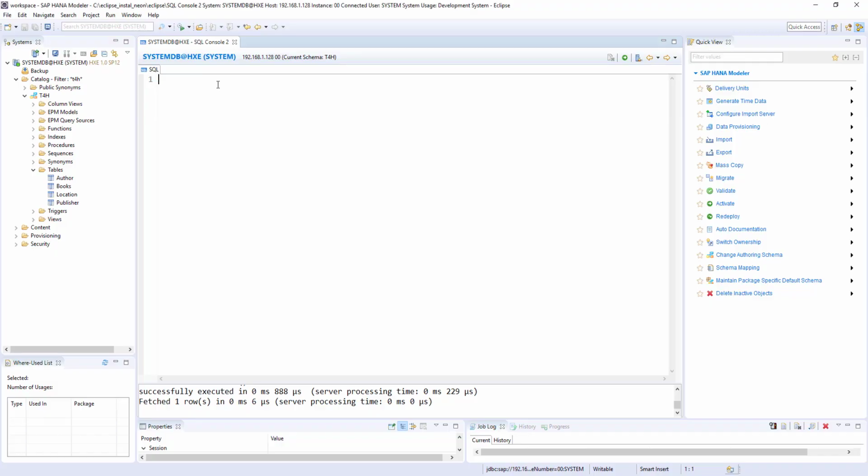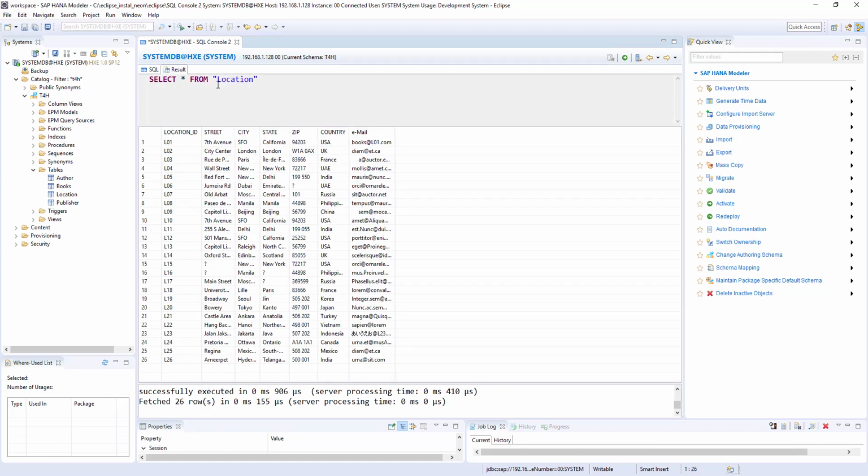So let's consider the location table. Select star from location. So I see the location table with location ID, street, city, state, everything.